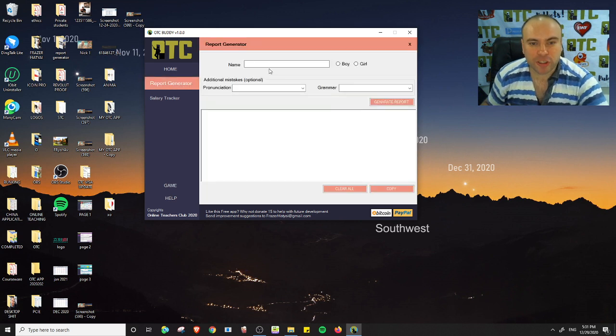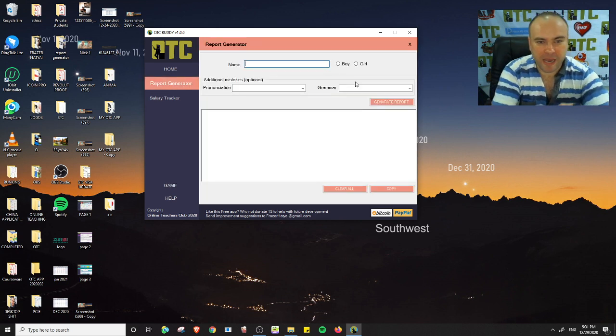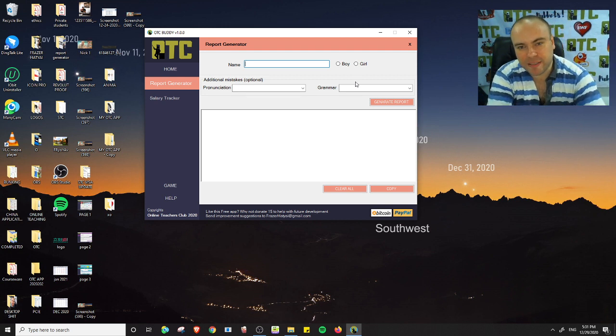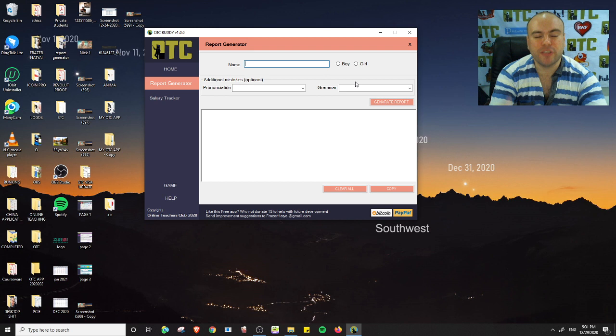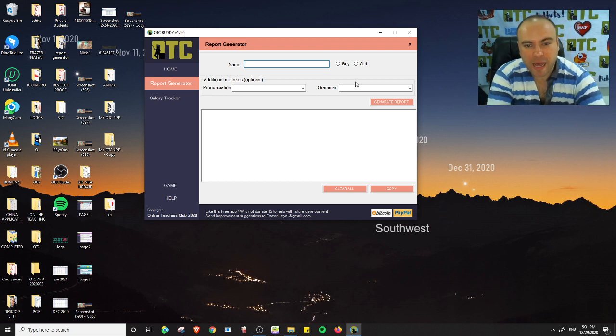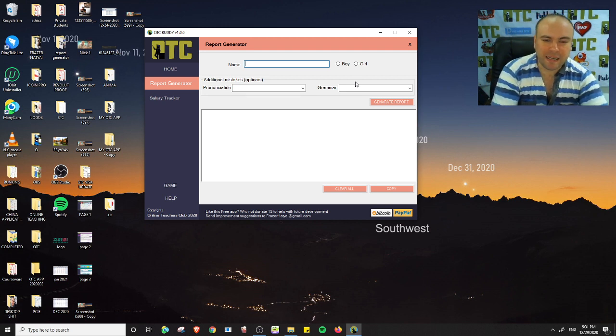So the report generator, this is the main feature of the app. A lot of teachers, a lot of big companies force you to do hundreds and hundreds of reports. You cannot give detailed reports on every student each time. This is a good way to give a more general report. Obviously, your monthly report, you can be more detailed. Sometimes you can add your own information, but this makes your life easier and allows you to get things done